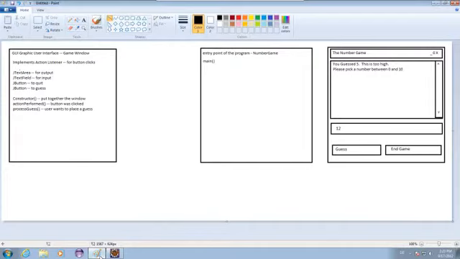So let's look at what we have here. We have the graphical user interface, which is going to be called Game Window. I also have written down that it's going to be implementing an action listener. An action listener is an interface that will be used by the buttons. We're also going to be using Swing today, so